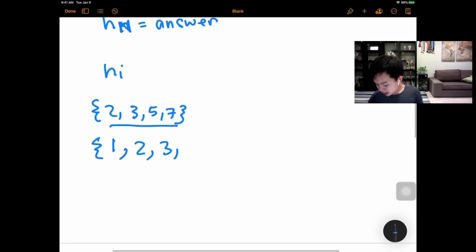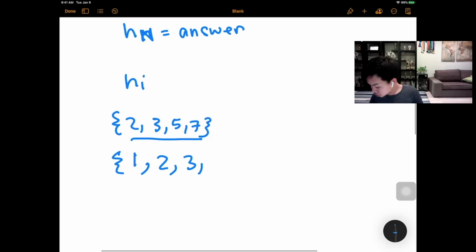After this, again we generate all the possible pairs: 1 and 5, 1 and 7, 2 and 3, 2 and 5, 2 and 7, 3 and 5, and 3 and 7. Then you notice what you're going to do is, for 2, let's just say,